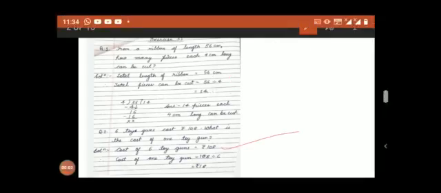And the second question is given to you. 6 toy guns cost rupees 108. What is the cost of one toy gun? Okay, again we are moving from multiple to single, so we have to divide. First we will write the statement. Cost of 6 toy guns is given to you, 108 rupees. And in the second statement we will write, we have to find out one toy gun cost. For one we have to divide. So we will divide 108 by 6.